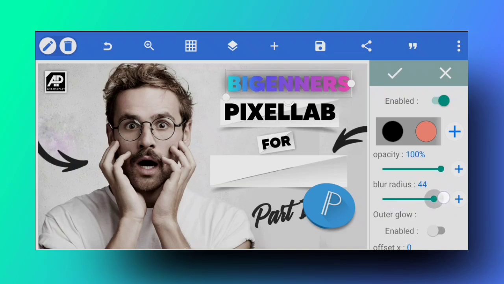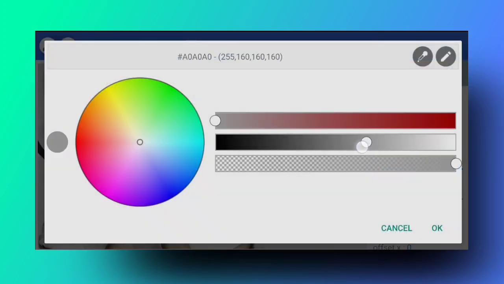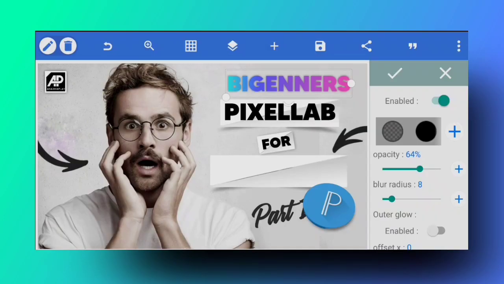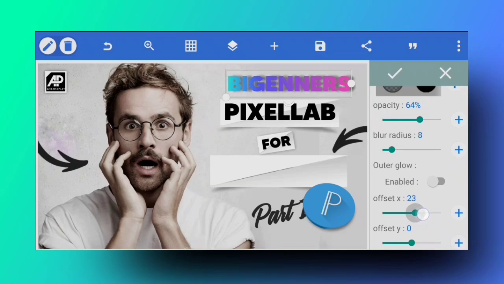So if I add the shadow and if I add blurriness, as you can see, with these two functions you can create some realistic shadows. It depends on how you're actually making this design as well. But if you set your blurriness to around 8 or something, and set the darkness of the shadow around like this, and select the color of your shadow the lightest way possible with the transparency function, and I'm also going to change the orientation.